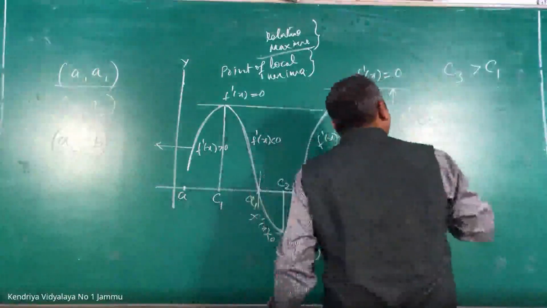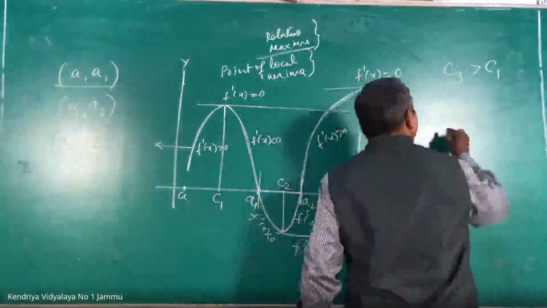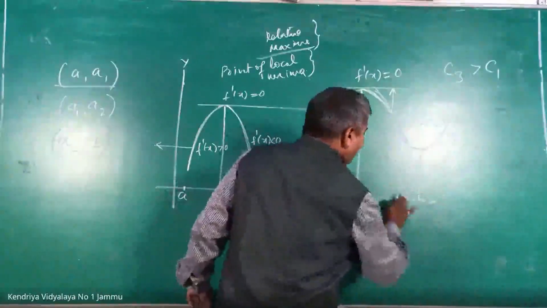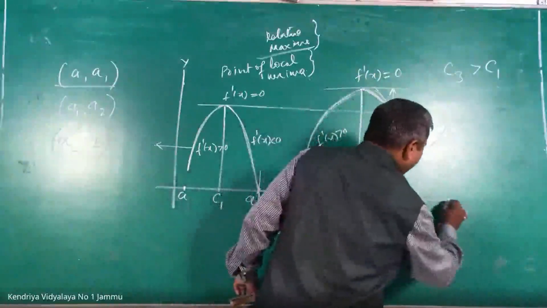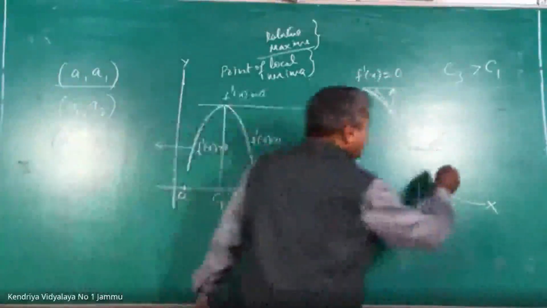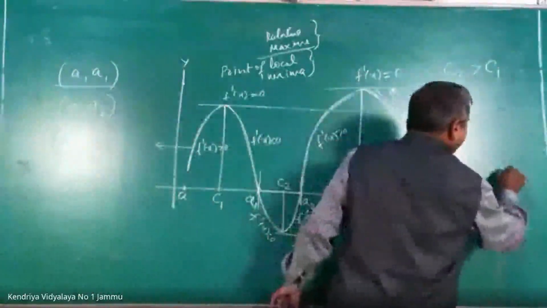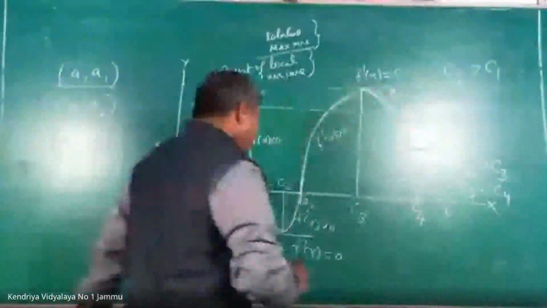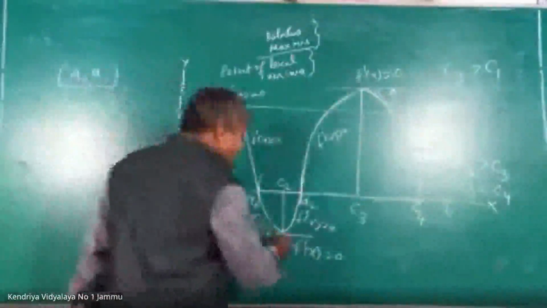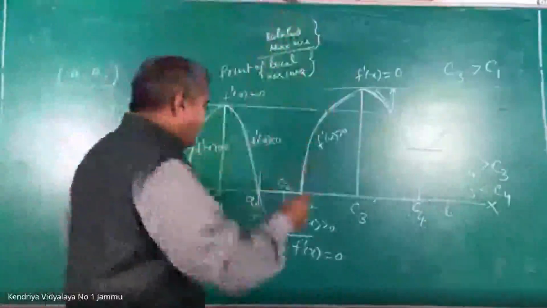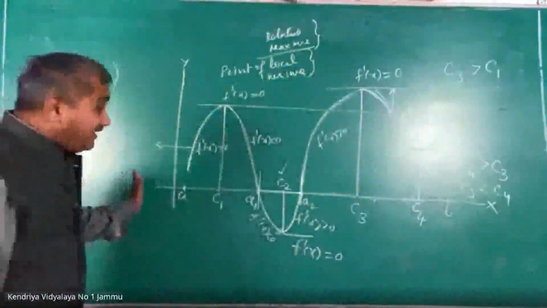I take a small turn here. So now what happens? Here I get to know one more critical point before that, B to complete. That means B is here on the x-axis. Now I get C4. This point C4 is much higher than C3. It means C3 is strictly less than C4. Therefore, if you ask me out of C2 and C4 which is called absolute minima, I will declare C2 is the absolute minima of the interval A comma B.